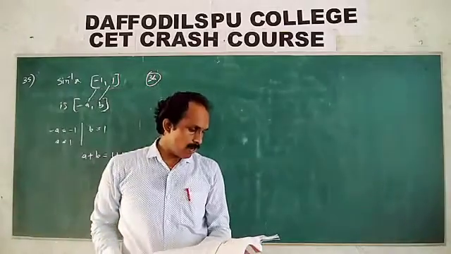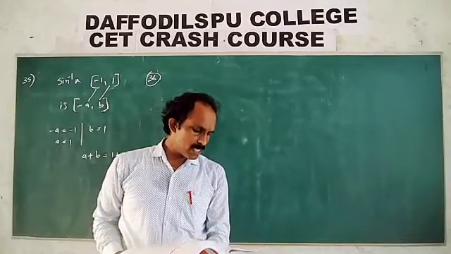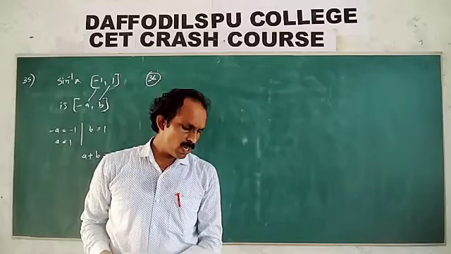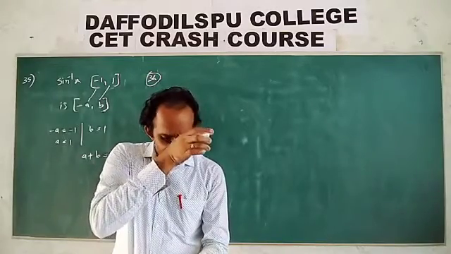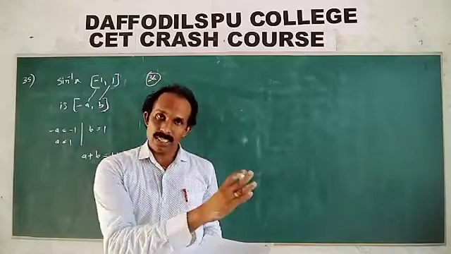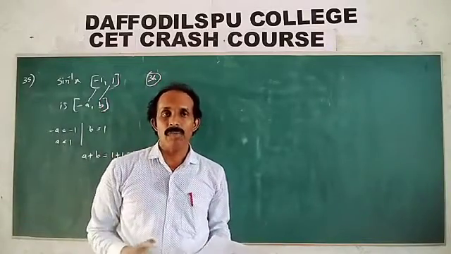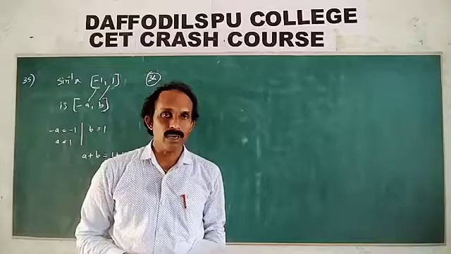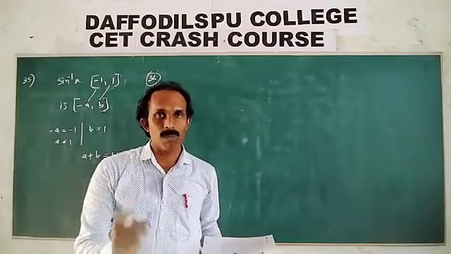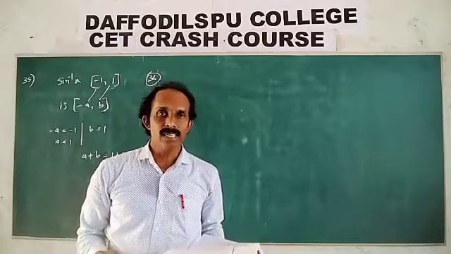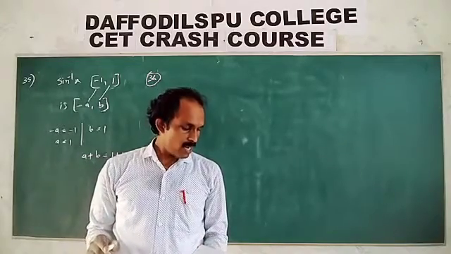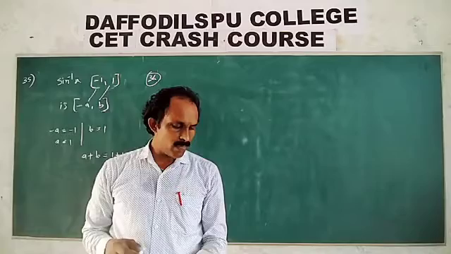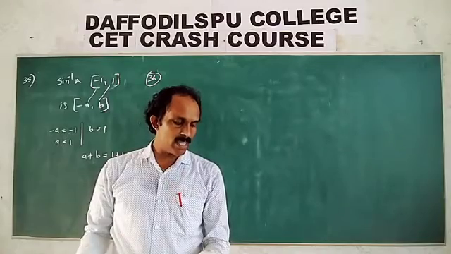Consider the graph of sin inverse x and tan inverse x. Do the graphs satisfy any property of symmetry? Symmetry means the left side and the right side look the same, or by folding a paper about the line or about the point, the left side and right side have the same shape. That is nothing but symmetry. And the options are odd, even, either even or odd, neither even nor odd.